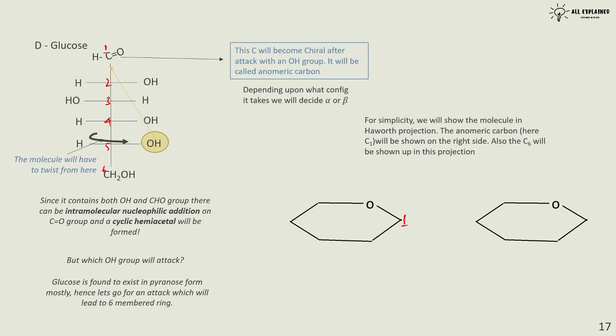So C1 is here, and this O, what is this O? This O is coming from here, right? This O is getting itself into the ring, so this O is coming from C5. So this C5 is here. So what are these? These are 4, of course, 3 and 2. And now, very interesting thing,